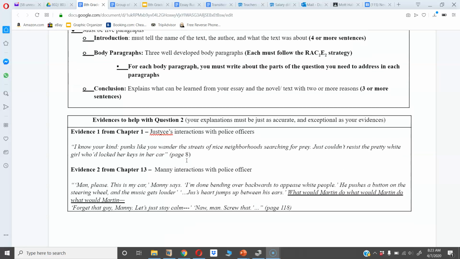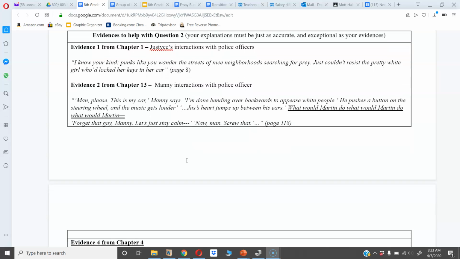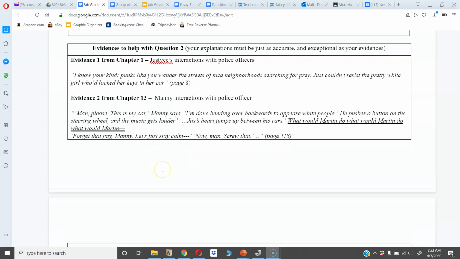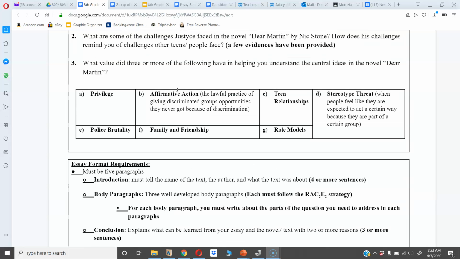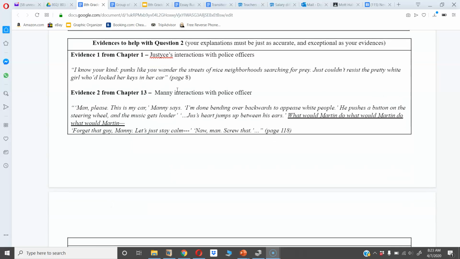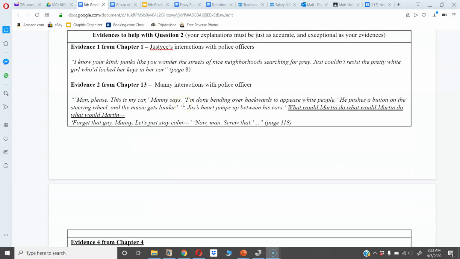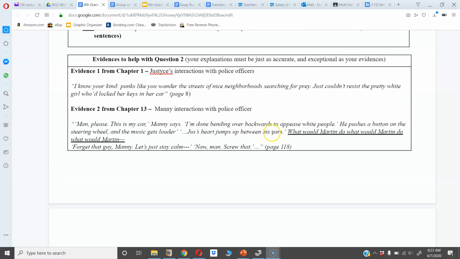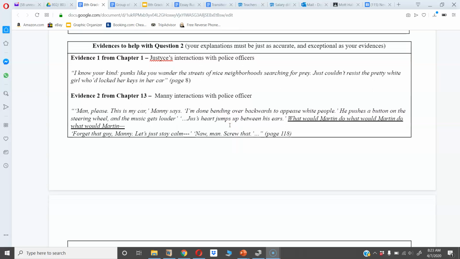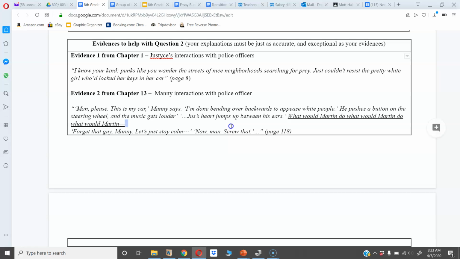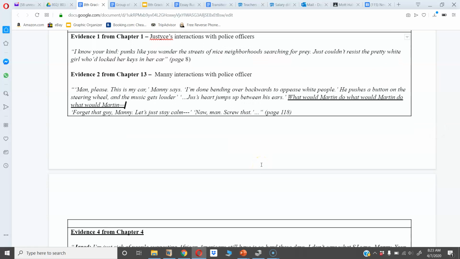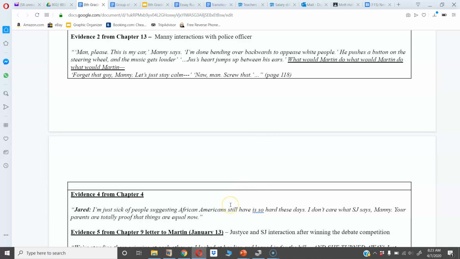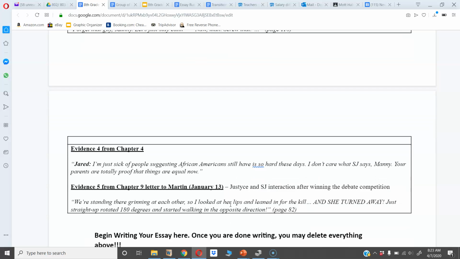Here, the third box, I provided some evidences. Now, these evidences, if you are thinking of using this to help you with question 2, remember, it might not be sufficient evidence. It goes back to evaluation. If you use these, I'm expecting your explanation to be tip-top shape. At the same time, I understand if you don't have your book, but I need you to really think about what you're writing and how you will be explaining the information.